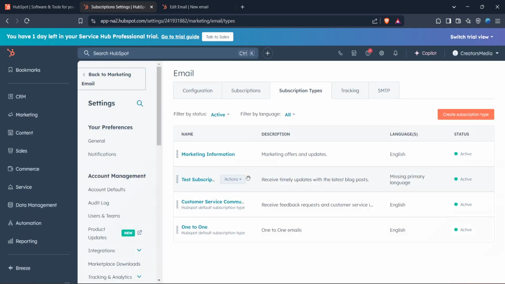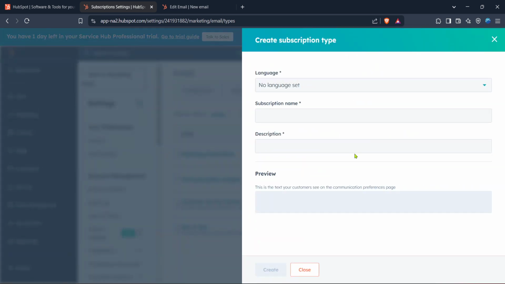It's here that you can define what type of newsletter you're offering and what makes it unique. Name your subscription type something descriptive that will resonate with your audience, perhaps reflecting the main theme or focus of the newsletter. Finally, after you've filled in the necessary details and refined your subscription type settings, you can go ahead and click on Create. This final step puts all the pieces together, officially adding a new newsletter category to your HubSpot marketing automation. With these steps, you're well on your way to setting up a robust and engaging email marketing